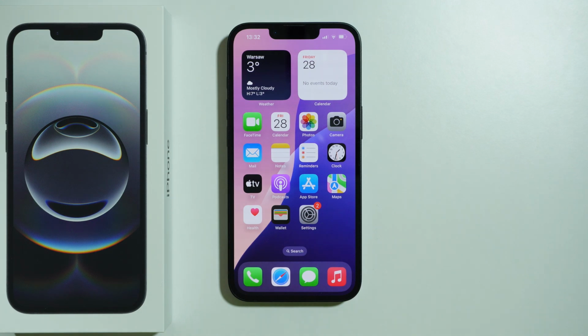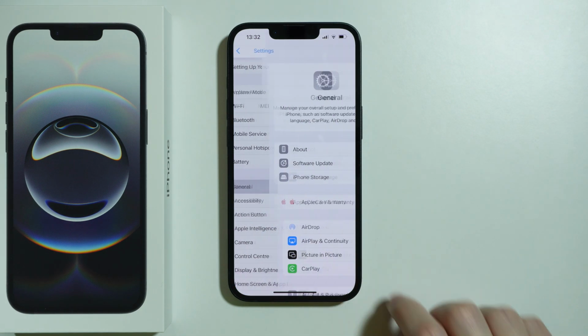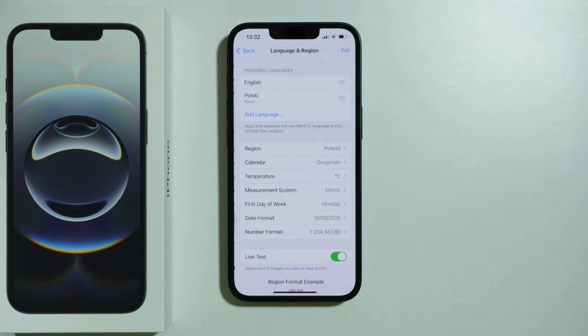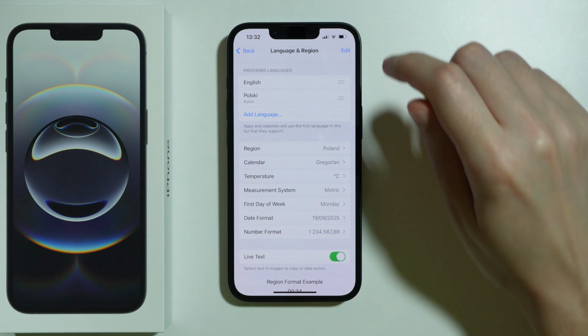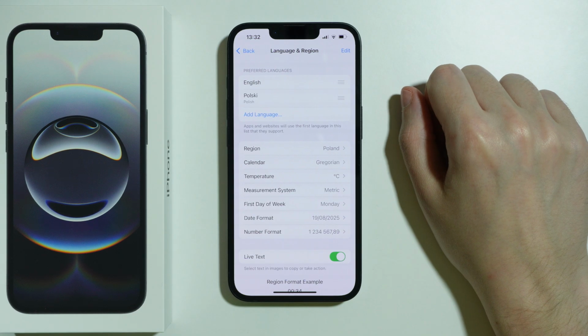If you want to change language on your iPhone 16e, then first of all, we need to open Settings. Over here, we need to choose General and then scroll down to find Language & Region and then go there. Over here, we can either switch one of the preferred languages to choose the one that should be primary